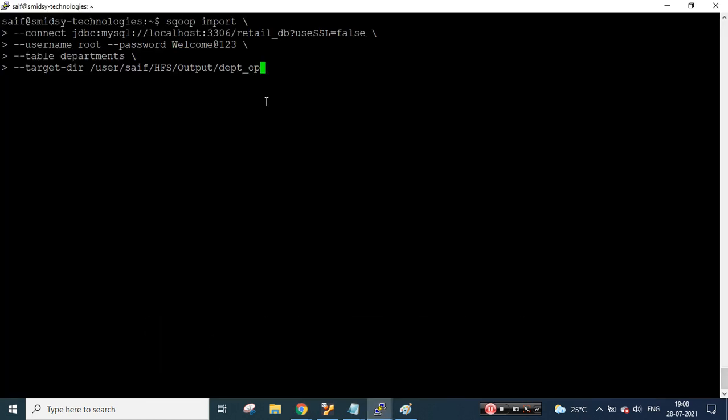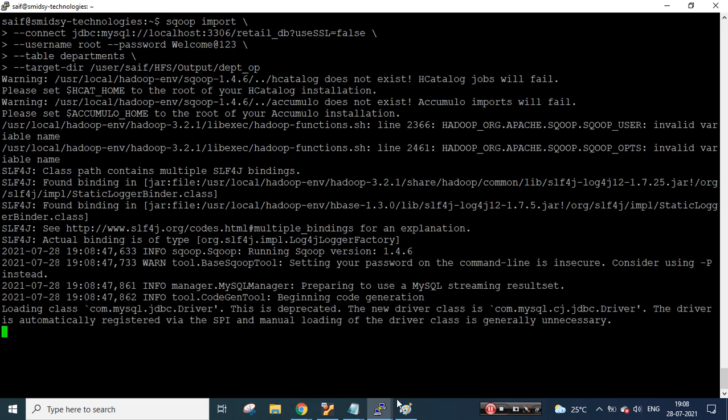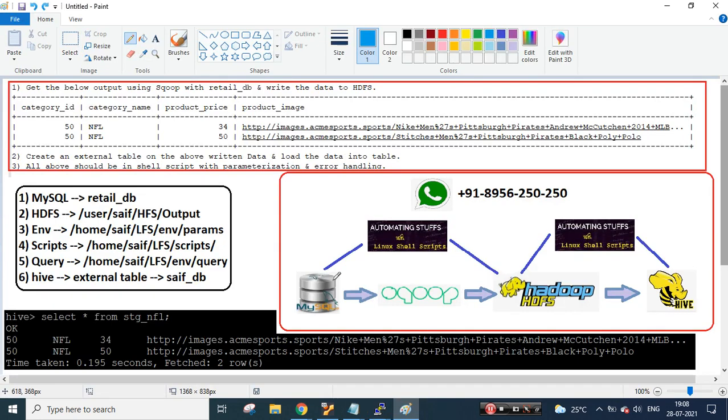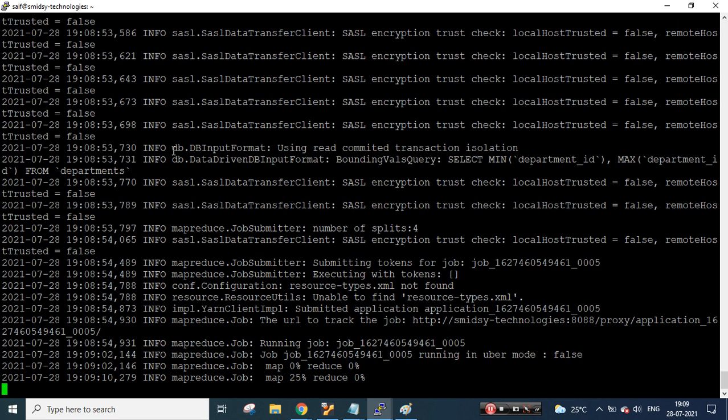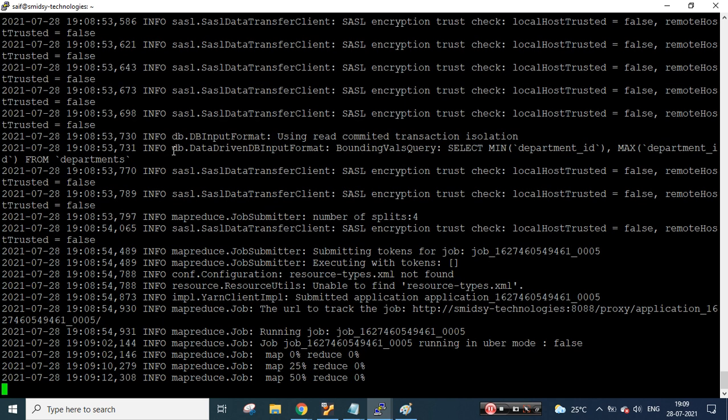So when I'm trying to execute this small piece of code, what it will do is take the data from this database table and write some part files in one directory. That is what it is trying to do. Sqoop import, a small syntax, which I am executing manually. I am not putting any effort, it's just copy paste. Let it get executed.